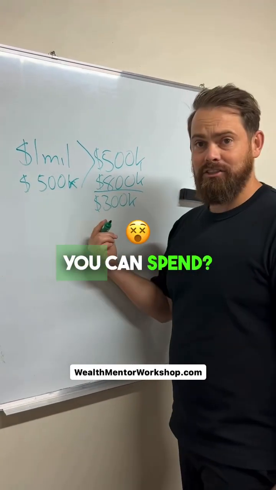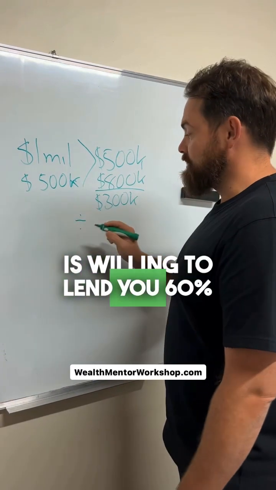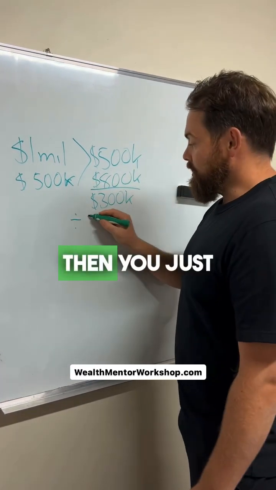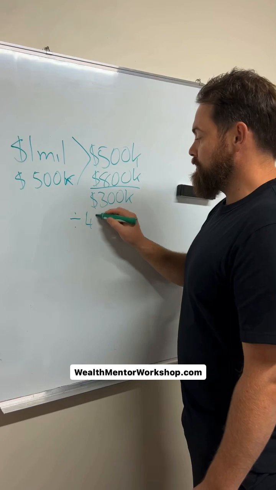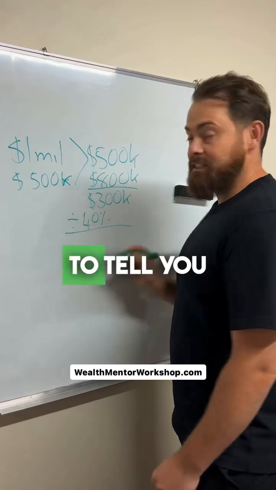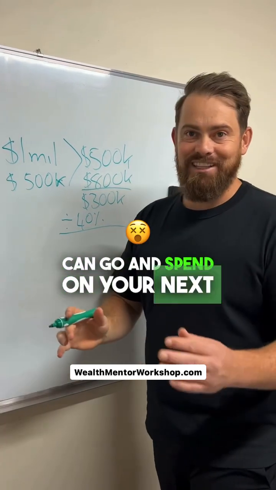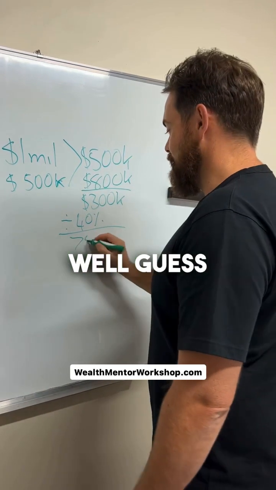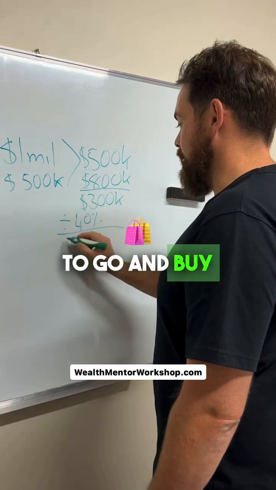How do you work out how much you can spend? If the bank's willing to lend you 60% of that property, then you just divide that by 40%. And that's going to tell you how much you can go and spend on your next investment property. Well, guess what? You now have the ability to go and buy another